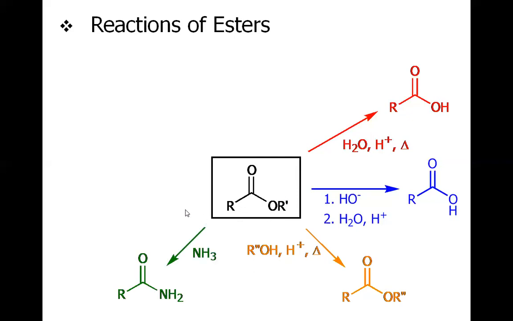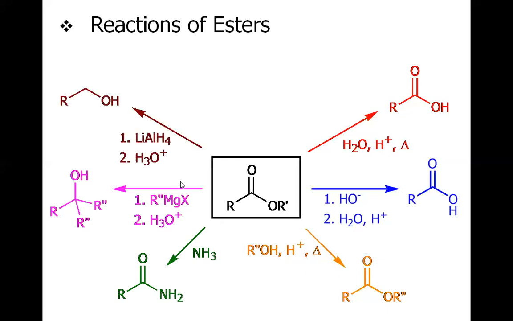When we treat with the amine, we have the amide formed. When we treat with the Grignard reagent or organolithium, again we have the tertiary alcohol formed. And this has the same discussion as we discussed in the case of acid chloride. The first step will be the formation of the ketone, but the reaction will not stop here. Rather, the ketone is more reactive than the starting material. So the second mole of Grignard reagent or organolithium will convert the ketone into the tertiary alcohol.